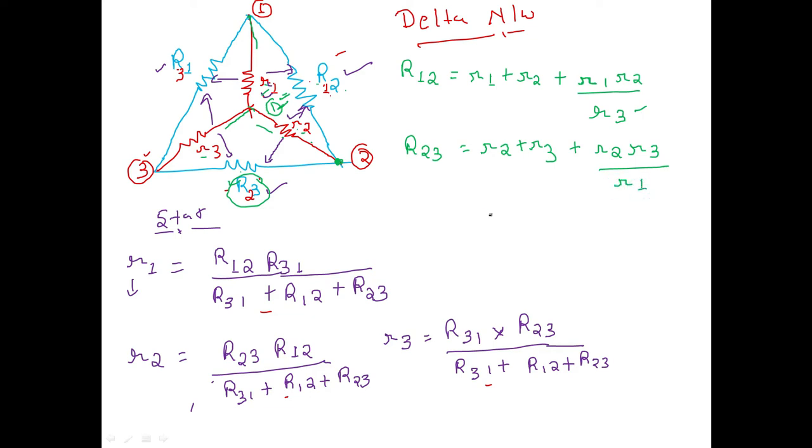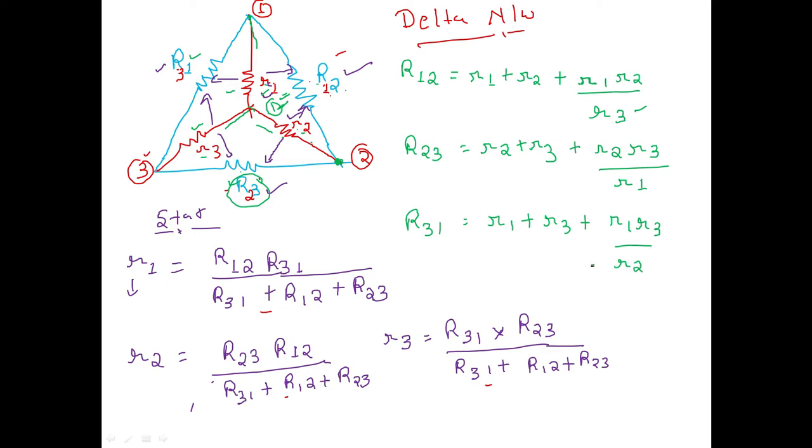So in a similar way, how do we find the value of R31? We consider this triangle or loop: R1 plus R3, first addition, and then we multiply these resistances, R1 multiplied by R3, over the remaining one, which is R2. So this is the method by which we can find the delta network R12, R23, R31, that is the outer network,